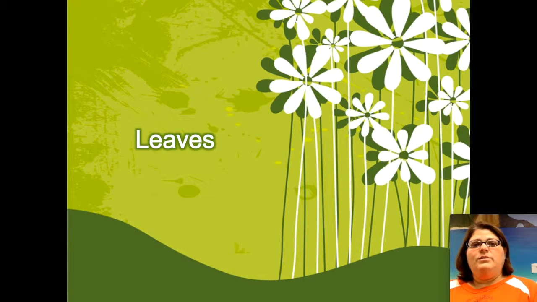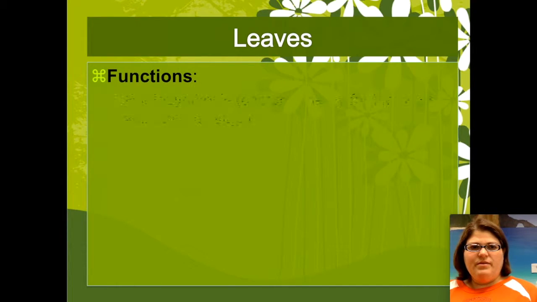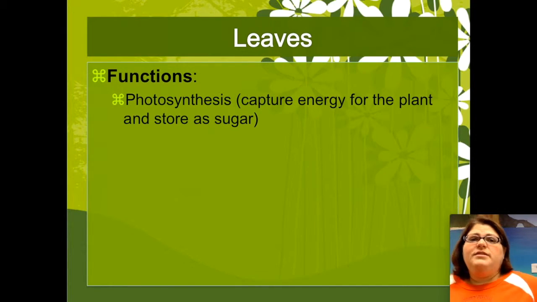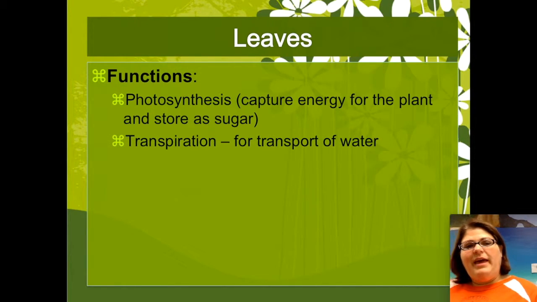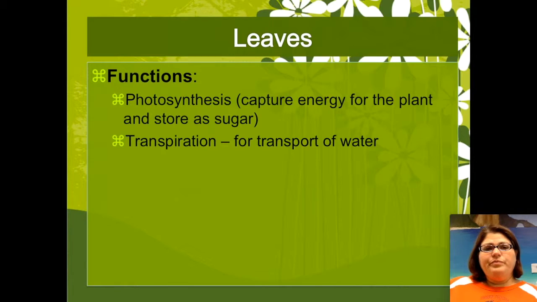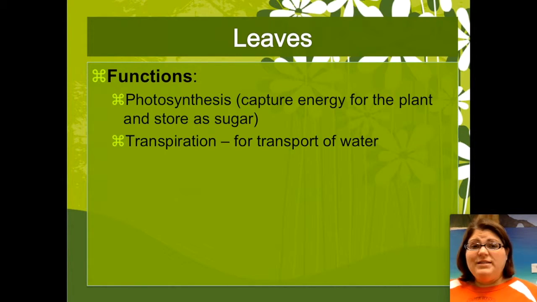Let's switch our attention now to leaves. Leaves have a most important part of doing photosynthesis. Photosynthesis is, of course, how plants capture energy. So they convert carbon dioxide from the air to sugars, and as a result, as a waste product, not the goal, a lot of people get confused, but as a waste product, they produce oxygen. The leaves also do transpiration. Transpiration is basically the evaporation of water, and